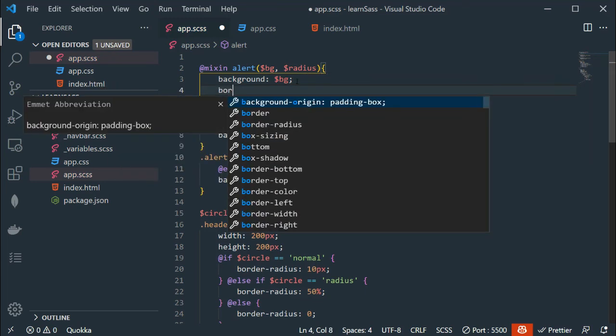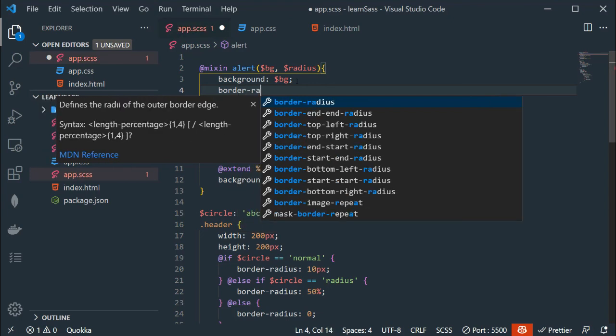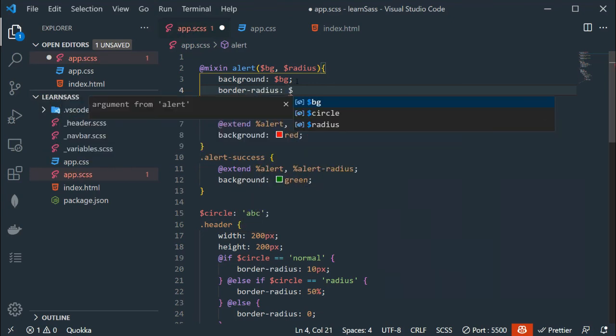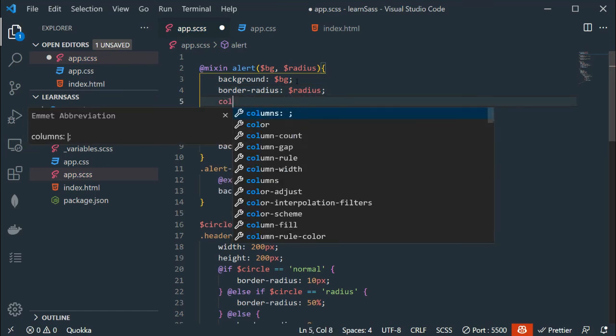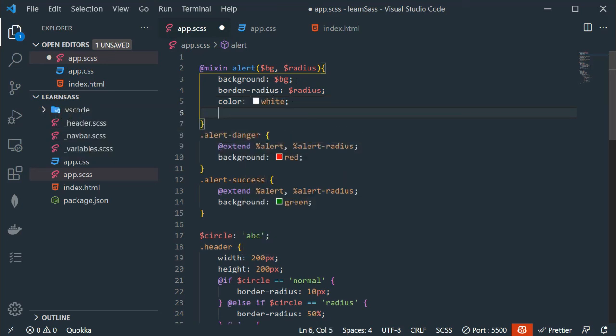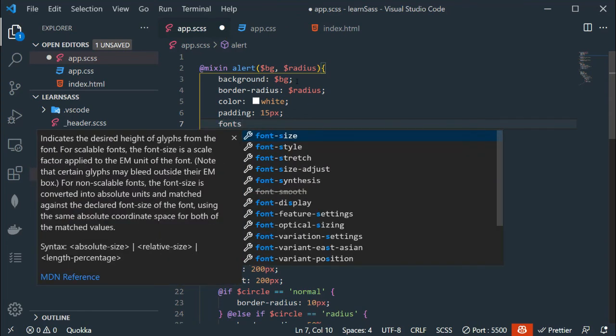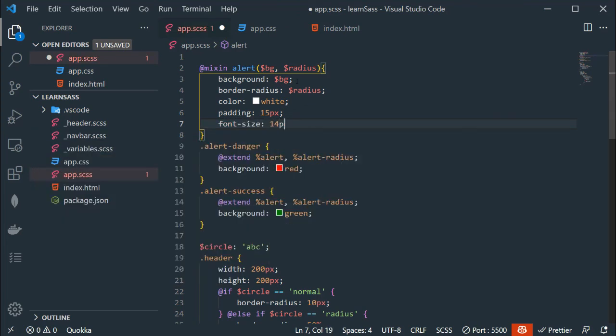After that we will have border radius, and this will have $radius like so. Understand? Now we will have color should be white, padding 15 pixels, font size 14 pixels.